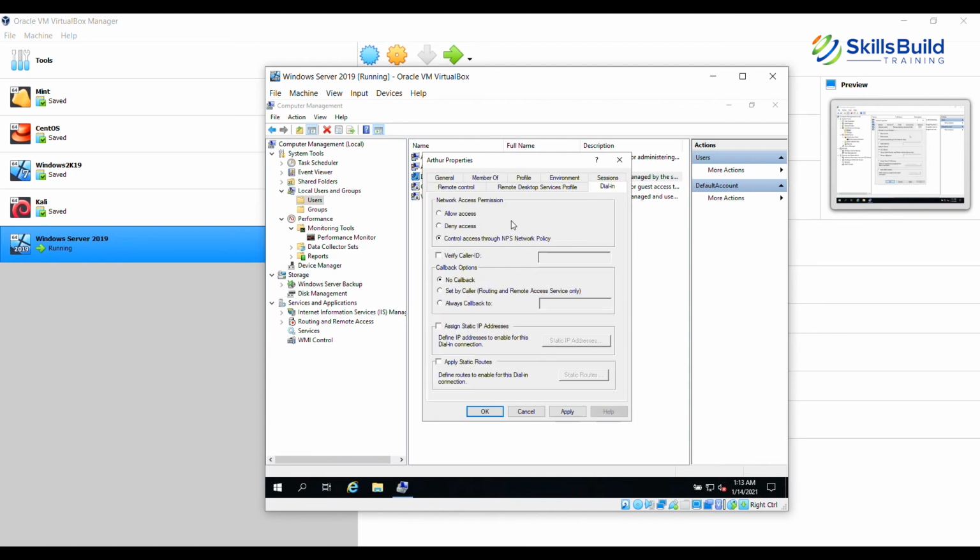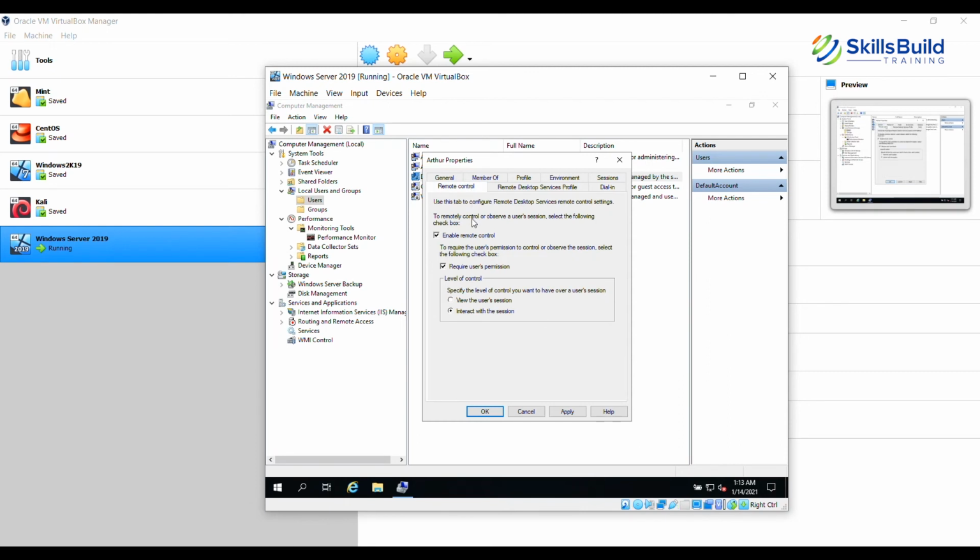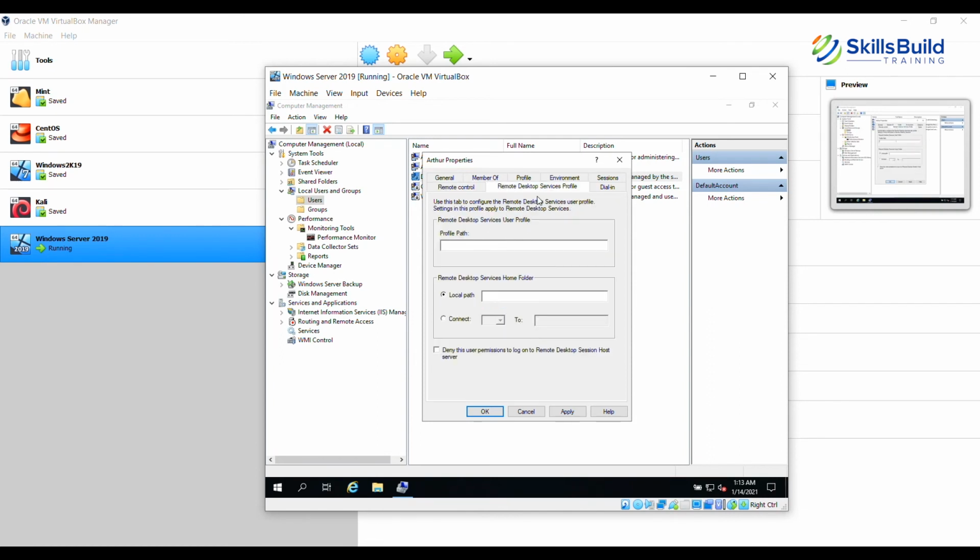Now the Dial-in tab. If somebody wants to remotely connect to or access this server from the network, should I allow access or deny access? Then there is Enable remote control: should I allow people to take remote control of this particular session? Then there is the Remote Desktop Services Profile.